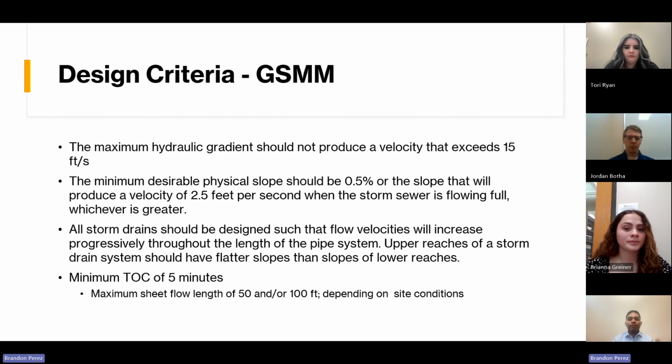Hello, I'm Brandon Perez, and I will be discussing the design criteria as well as our watershed delineation. So let's get started. We analyzed historical rainfall data to assess the frequency and intensity of precipitation events in this area. This information helped us estimate the volume of water that enters the site during our storm. From there, we went to